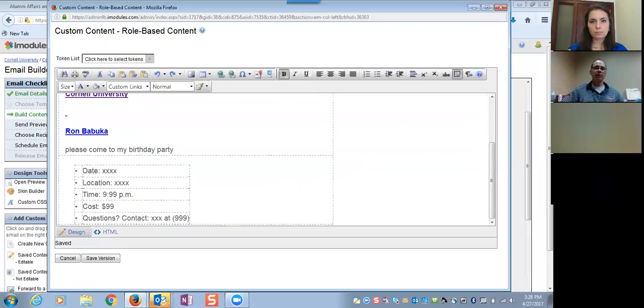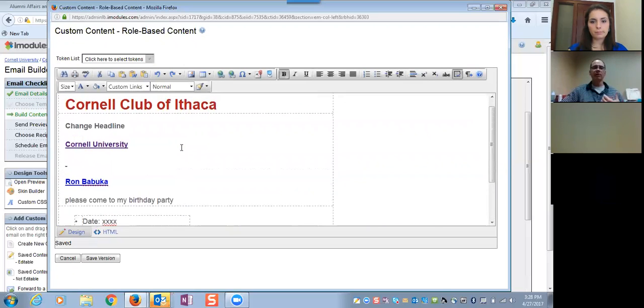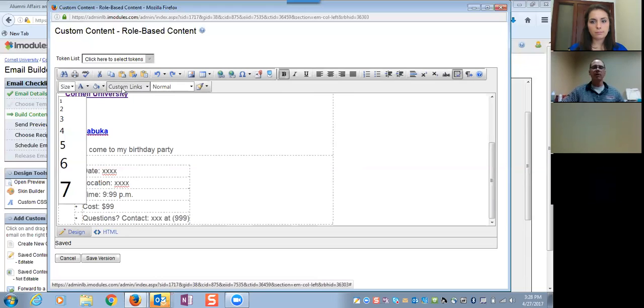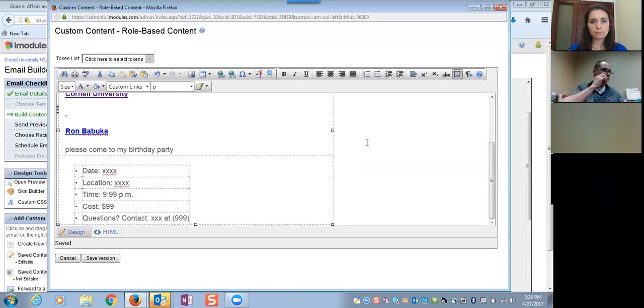The more you stay with what we deliver, the easier it is for me to come in and help you out if you have a problem with the email. So it just makes it a little easier on all the parties involved. You can bold, you can italicize, you can underline, you can left shift, right shift, all these little features. One of the things you'll also notice is that there's not a great amount of font control here. That is an iModulism. Our templates come with style sheets with fonts that we feel are good, and that's what we've provided at this point. So if I save this,